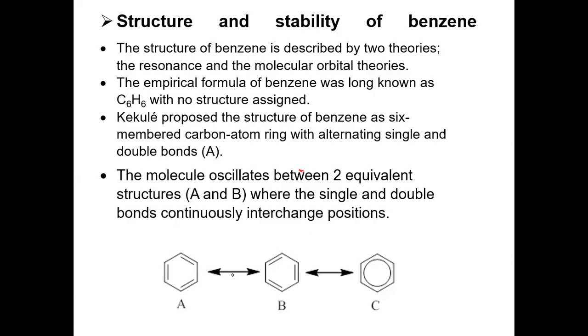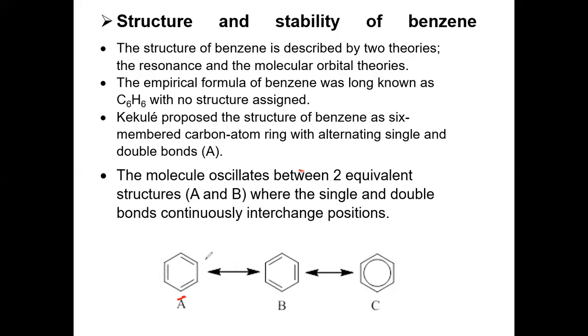The first one I have to talk about is the arrow here. Now the arrow is a two-headed arrow. This arrow is used to show resonance, that is, equivalent structures. Resonance. We call them resonance structures. Good. And so quickly realize that benzene is like this at a point, but then the double bonds don't